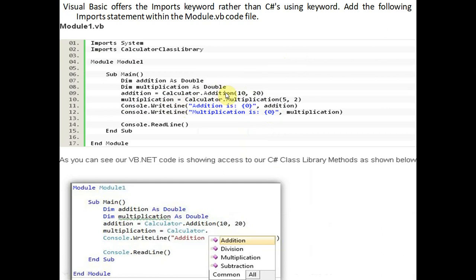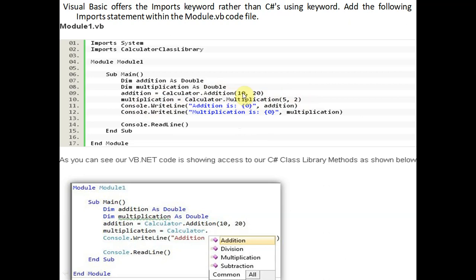Directly we are using this function here, as we are working in Visual Basic, but we are implementing the function of C#. So Calculator.Addition(10, 20); these are the two arguments, and in the same way multiplication equals Calculator.Multiplication(5, 2).